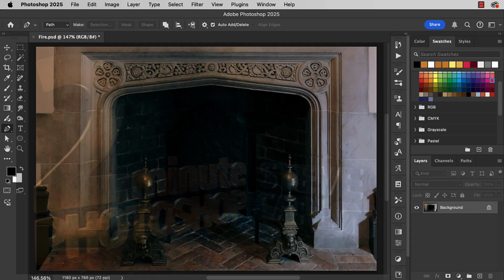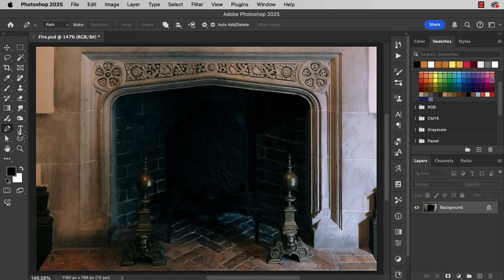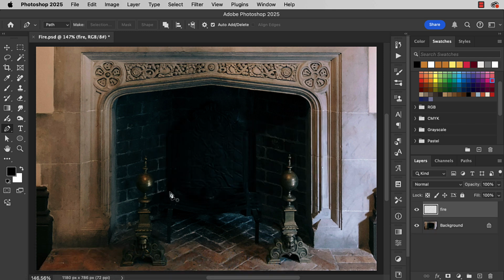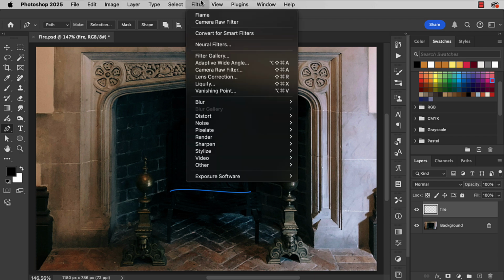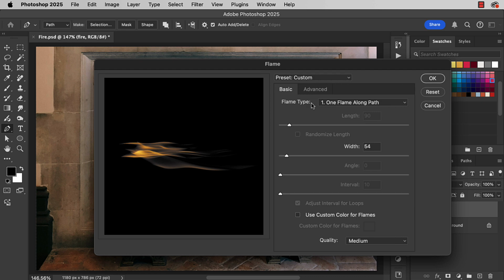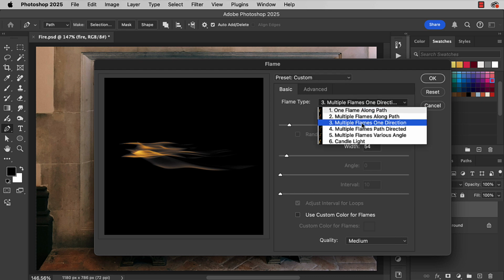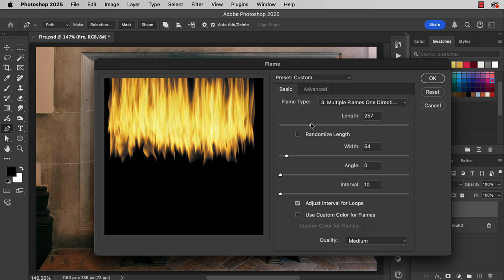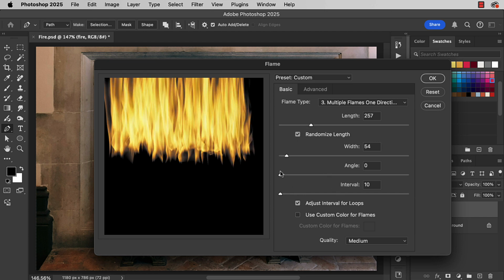Here's a fireplace, let's add some fire. We'll make a new layer and call it fire. With the pen tool, draw a path for our fire, go to filter, render and flame. We want to change the flame type to multiple flames in one direction, increase the length, randomize the length, and